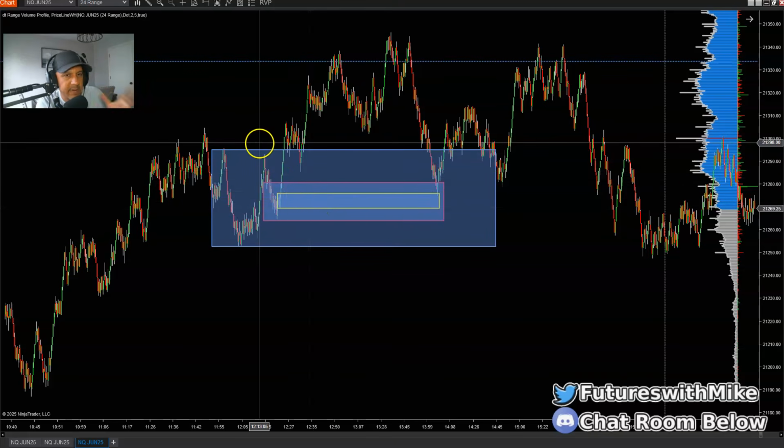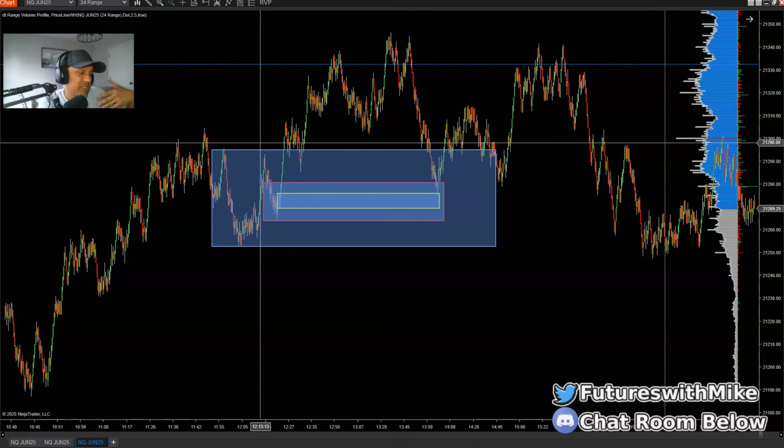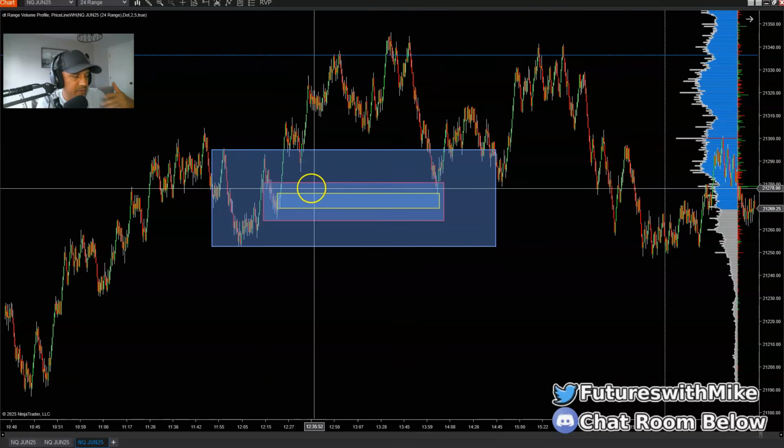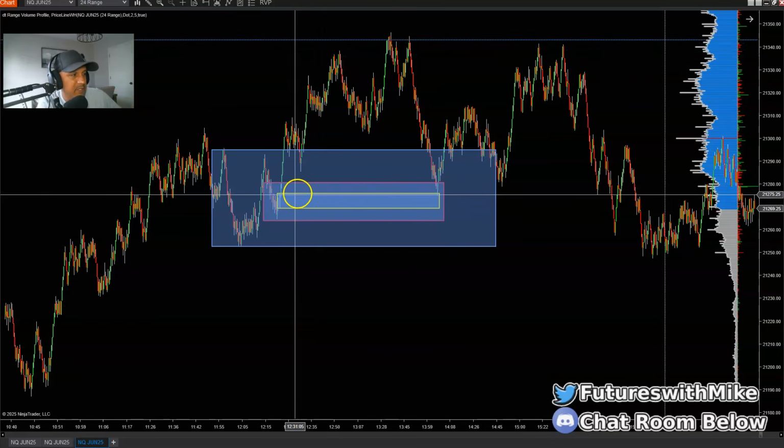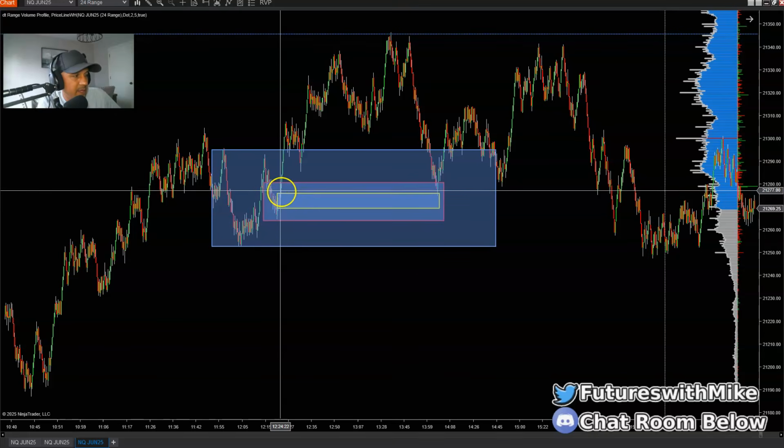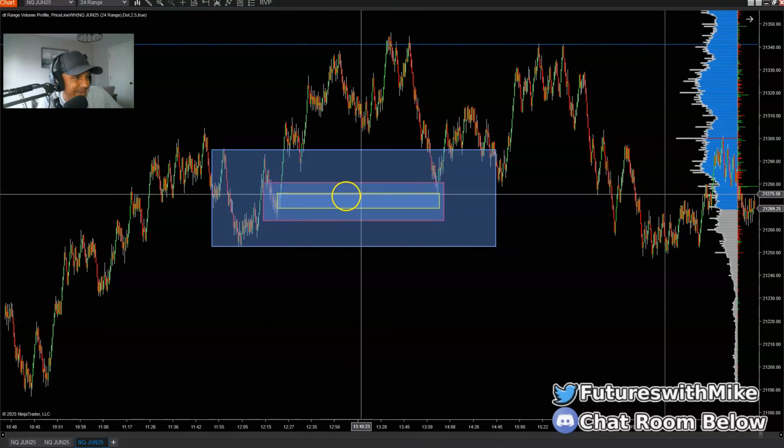If you don't quite understand what the difference is between a low probability and a high probability zone, go back to the home page and use the little search tool on the home page. Type in imbalance or gaps, because that's what it is. We're looking for imbalance or gaps resting back at the zone. That's either going to make it high probability or low probability. And there's a nice imbalance resting right back at the actual zone.